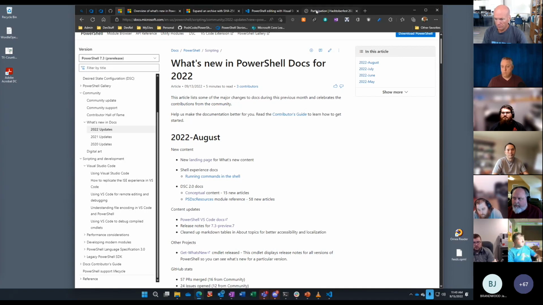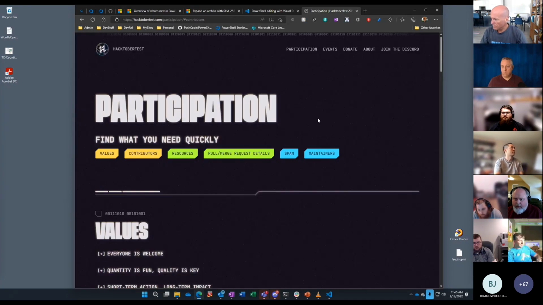And just one last thing, we are planning on participating in Hacktoberfest again for the docs repo this year. Mikey and I are working on creating a set of meta issues that'll be good first issues for folks to participate in.